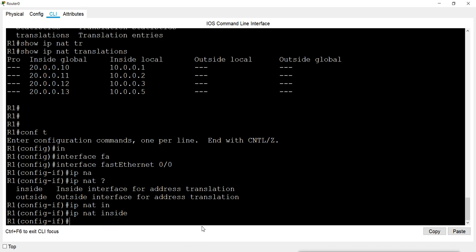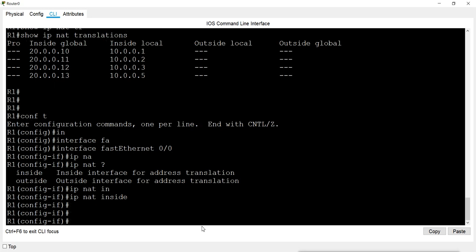It is just like configuring and applying the access list. It will be translated when it goes in from this interface.